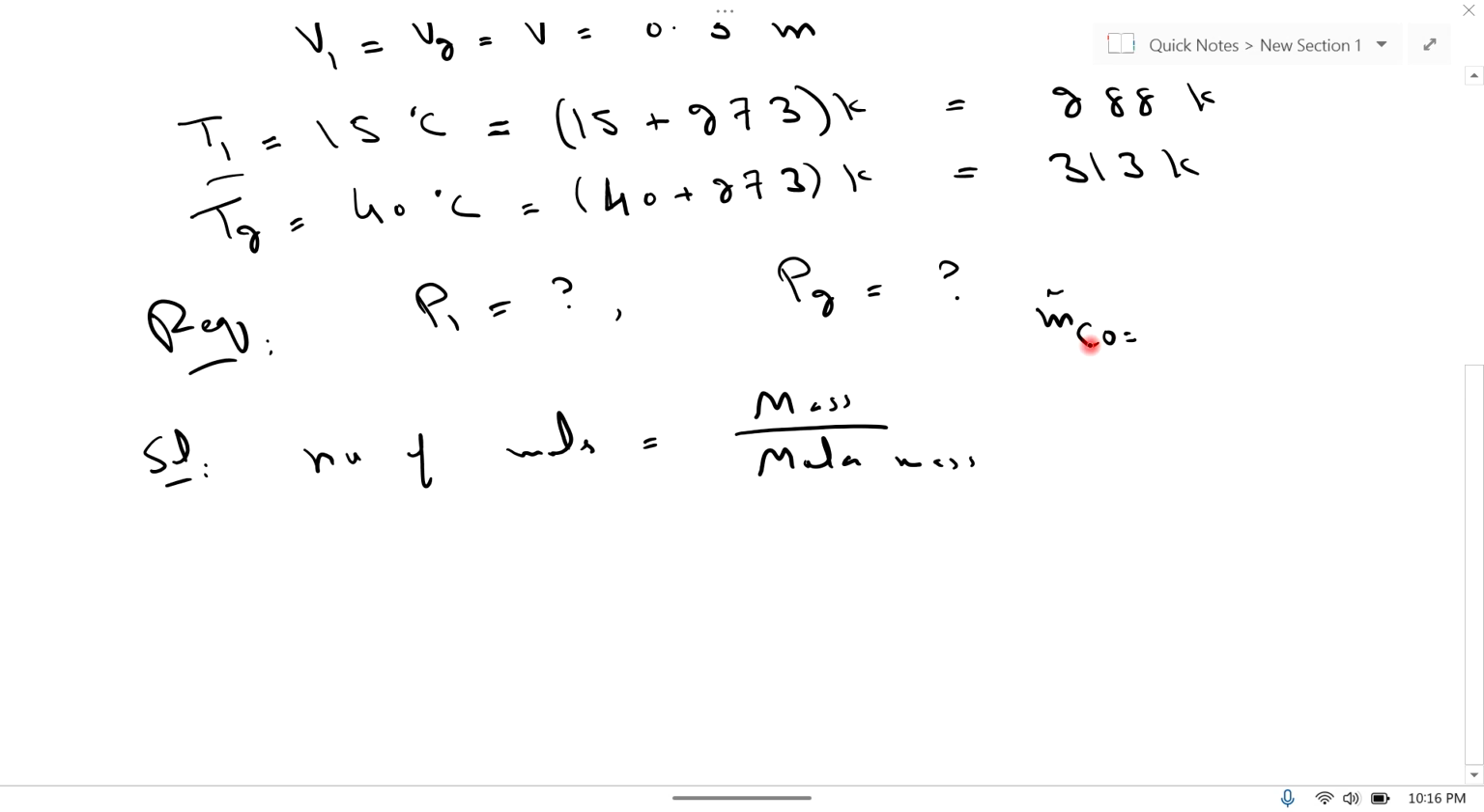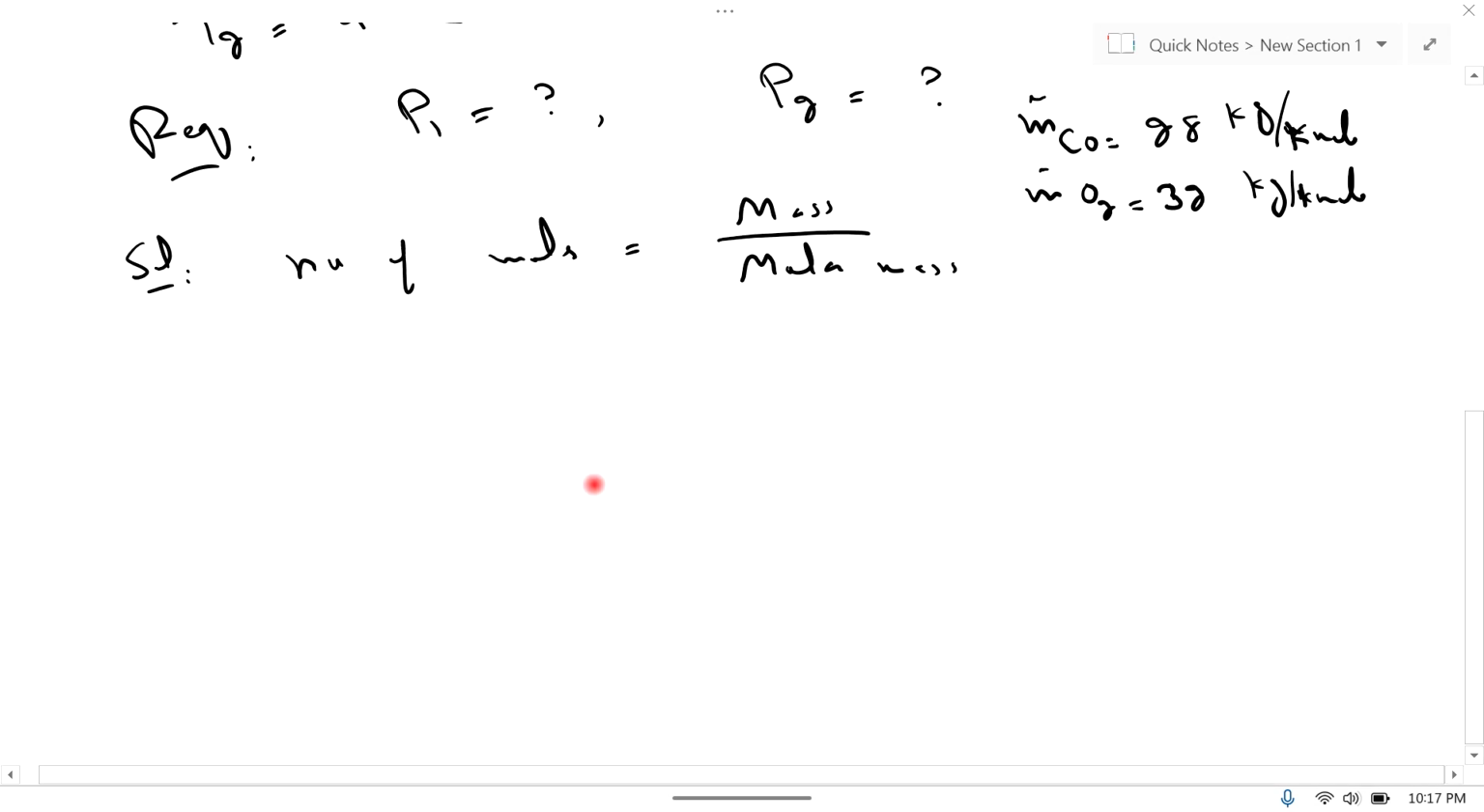Carbon monoxide: carbon is 12 and oxygen is 16. So 16 plus 12 is equal to 28 kilogram per kilomole, and molar mass of oxygen is equal to 32 kilogram per kilomole. So the number of moles of carbon monoxide, according to this formula,